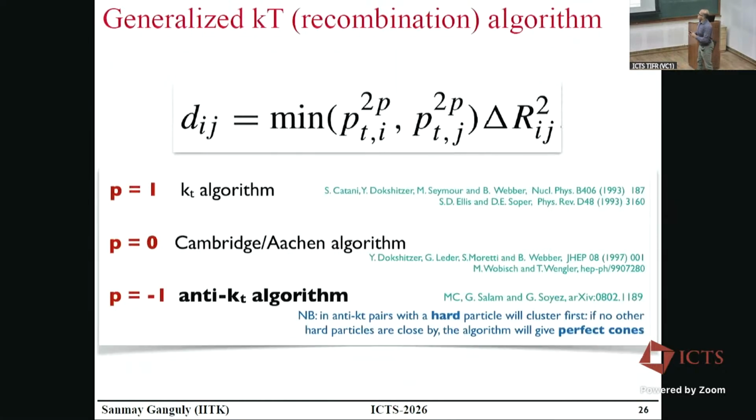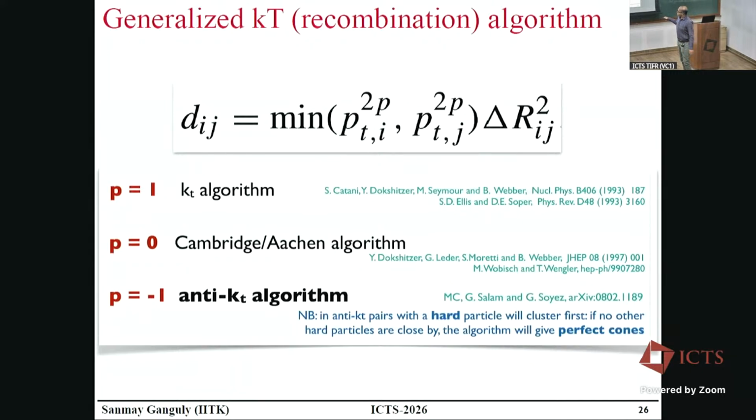Good. So we are going towards the end of the jet reconstruction algorithm, which we wanted to understand. The general definition of a generalized KT algorithm is of this form, where p equals 1 corresponds to KT. Now, if p equals 1 is KT, then of course, when you make p equal to -1, you have to give some anti-name. So that's why the name anti-KT algorithm comes in. And finally, when you plug in p equal to 0, there is no PT dependence, so the ordering is purely angular ordering. Now, you can ask yourself, what's the whole point of all this?